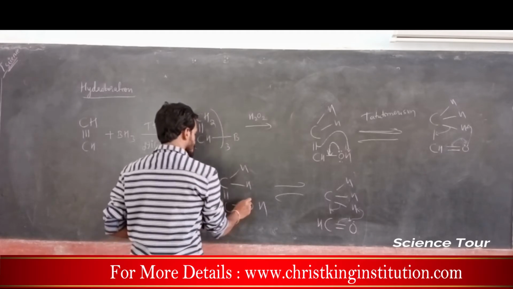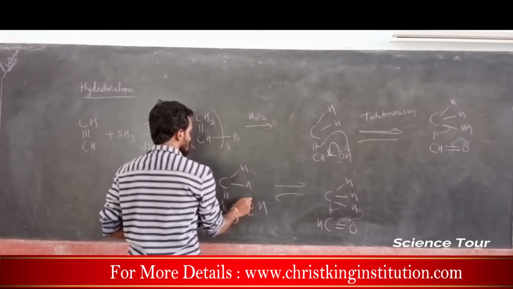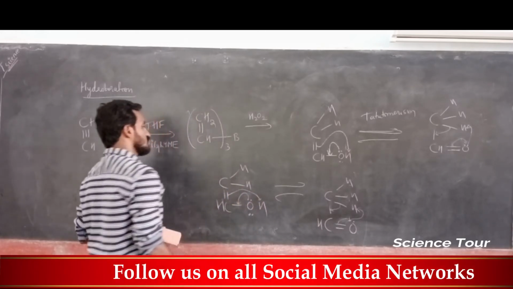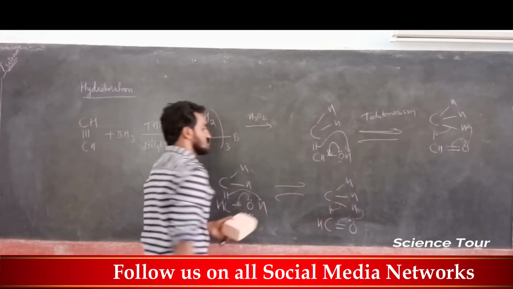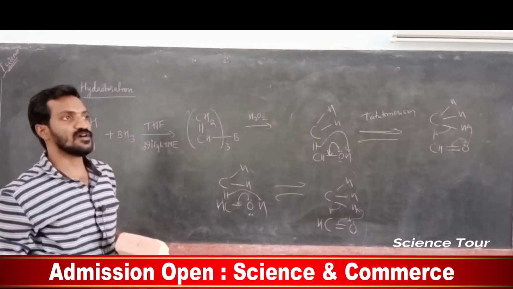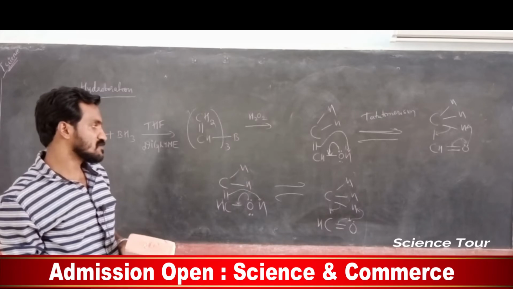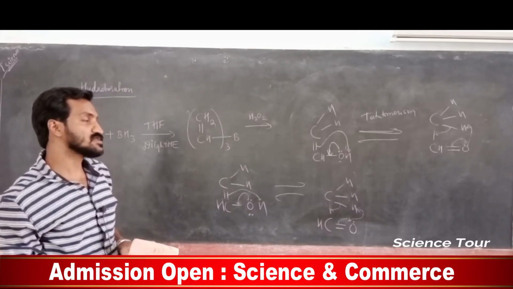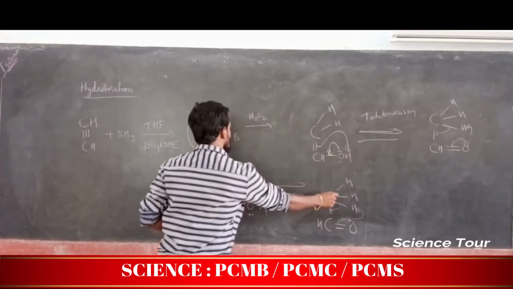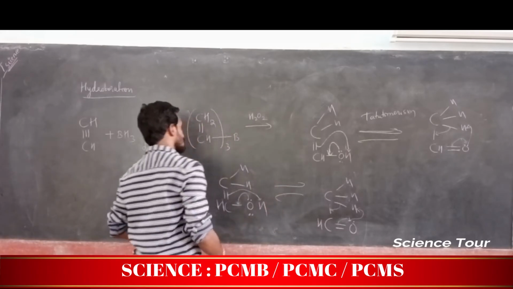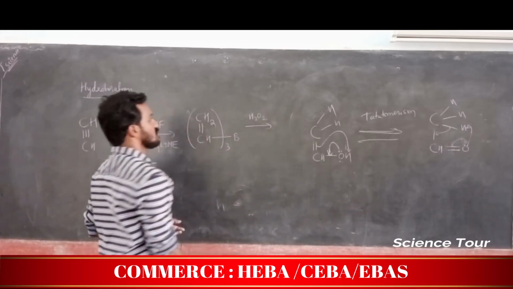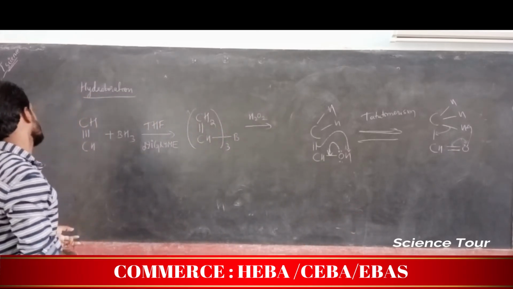So you can reverse this reaction. How we can reverse means, here oxygen contains a lone pair of electrons, moves towards this side, and it will go and attack this particular hydrogen, and you are getting the same product. So you can reverse this particular reaction by interchange of hydrogen. Hydrogen gets interchanged between atoms. So it is called tautomerism. So both the processes are reversible. You can get this product from this one, this product from this one. Understood? So this is called tautomerism. So hydroboration gives, my dear students, this product, no doubt.